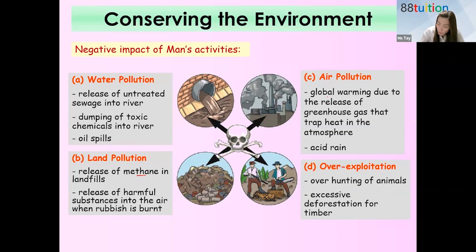Now, global warming. I just went through this topic with the P6 also. So for global warming, you need to know the release of greenhouse gas. You know what the greenhouse gas is here? It's actually carbon dioxide. But we are not the cause of this air pollution. We breathe out carbon dioxide, right? But we are not a cause of this pollution. It is because of excessive burning of fuel and excessive burning of the forest. That's why a lot of carbon dioxide is released.